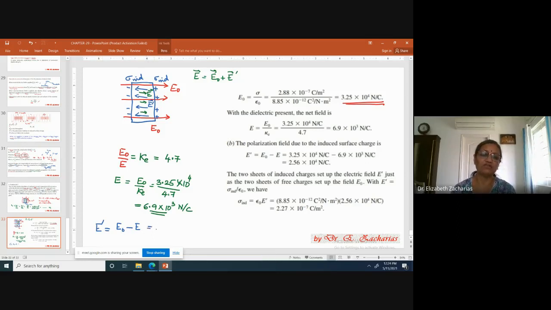Okay. So what is that going to be? E naught I have is 3.25 into 10 to the power of 4. Then minus E, which is 2.56 into 10 to the power of 4. Okay. So I get E prime to be 2.56 into